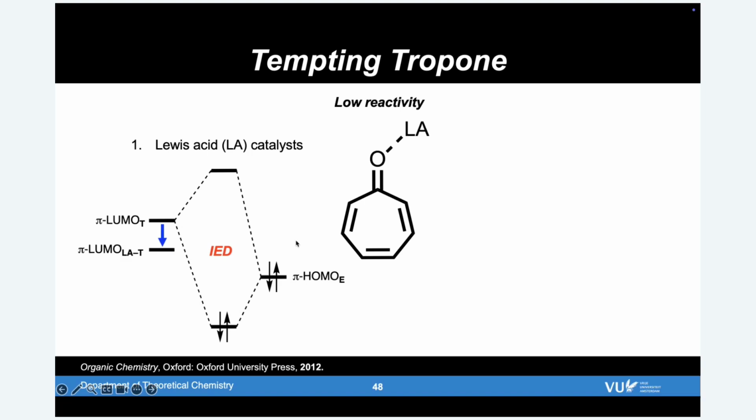So you can enhance this inverse electron-demand interaction through coordination of a Lewis acid, which stabilizes the pi LUMO and thus leads to a smaller HOMO-LUMO gap. Or you can envisage tempting tropone via Umpolung chemistry, where you invert the